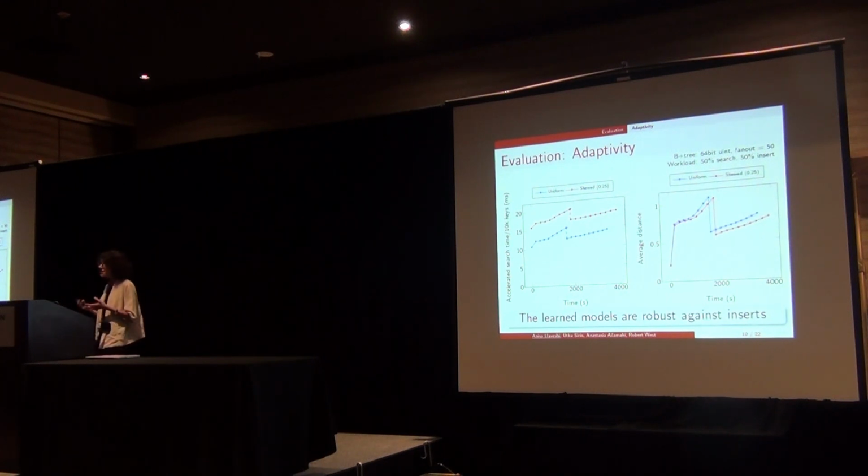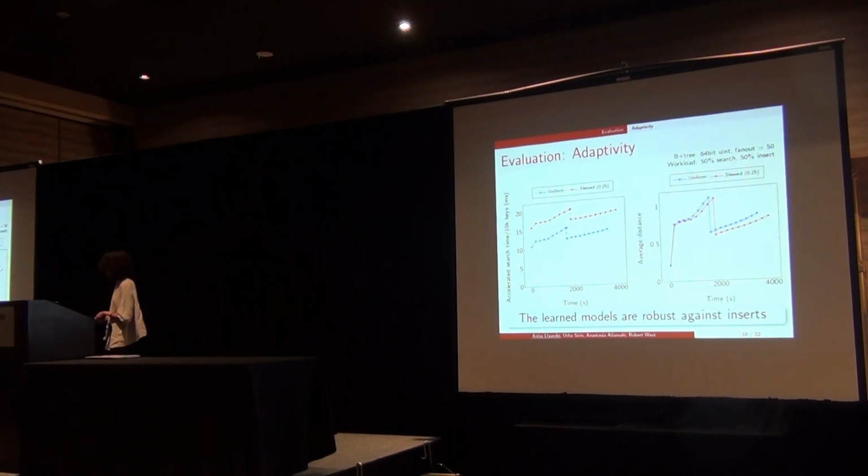After around 400 million inserts, which means after doubling the size of the tree, we start the retraining process. We decide that the search time has deteriorated and that the accuracy of the models has deteriorated, and we start this retraining process. We can see how the retraining process takes a very short amount of time compared to the pace of the queries. After the retraining process is done, we can see how the search time drops. And as there are inserts again present in the system, and as the B+tree structure changes, we can see how